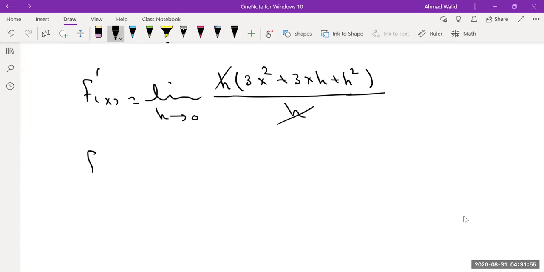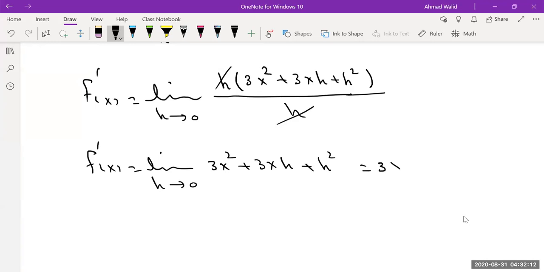Or let me even show you this step. f prime x equals limit as h approaching 0. What is left? 3x squared plus 3xh plus h squared. Plug in the value of h, it gives you 3x squared plus 3x times 0 plus 0 squared, which